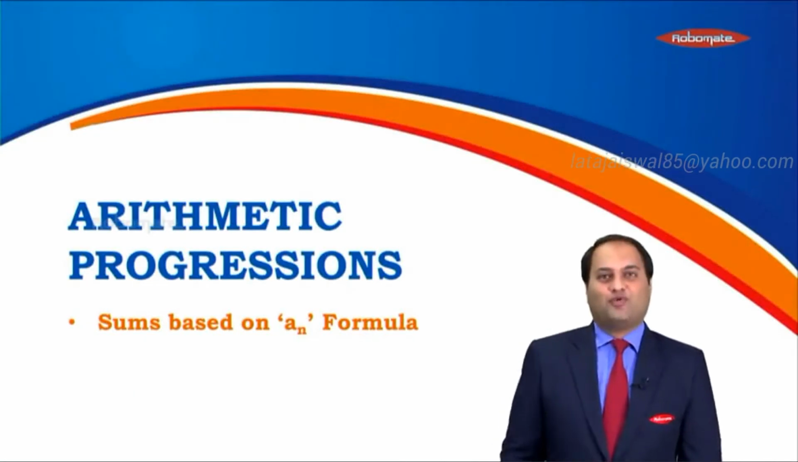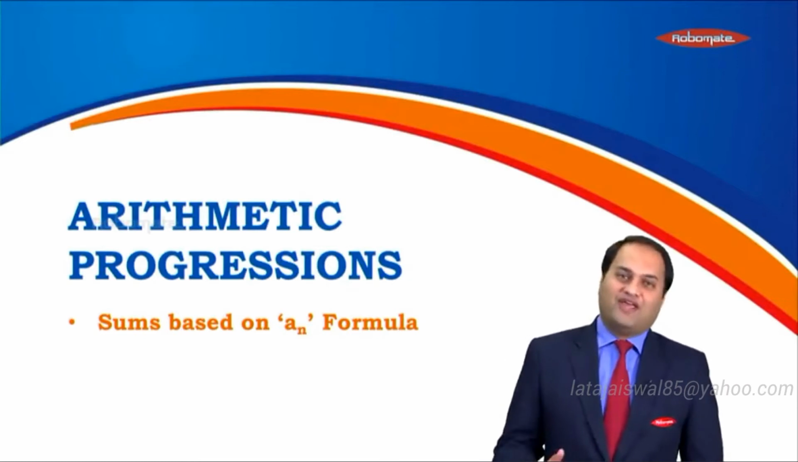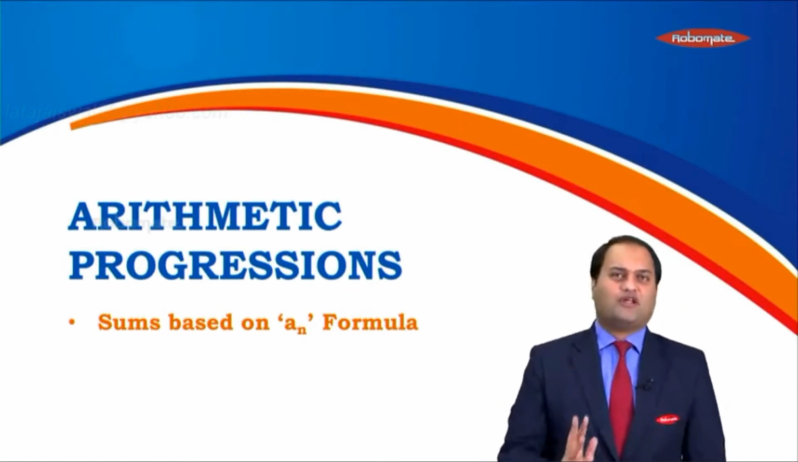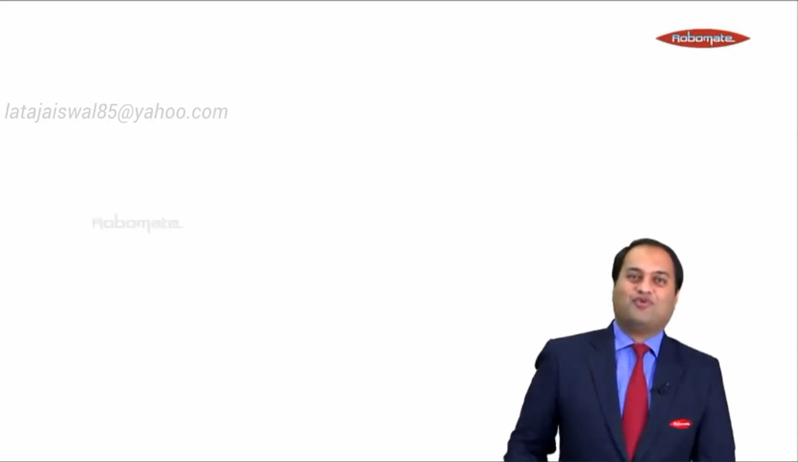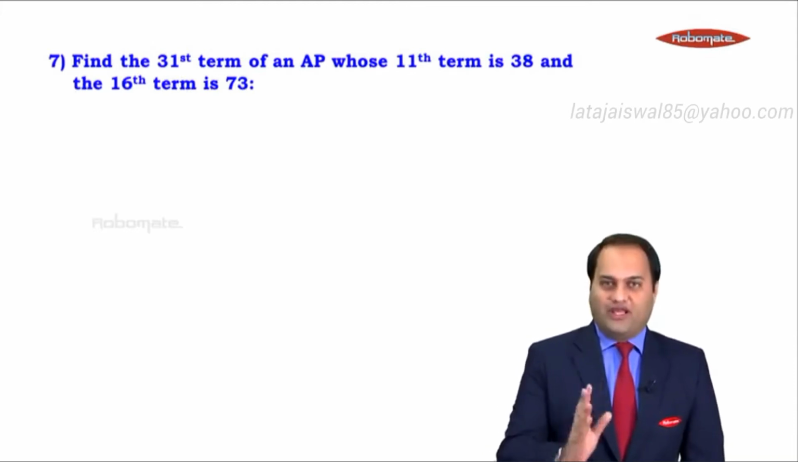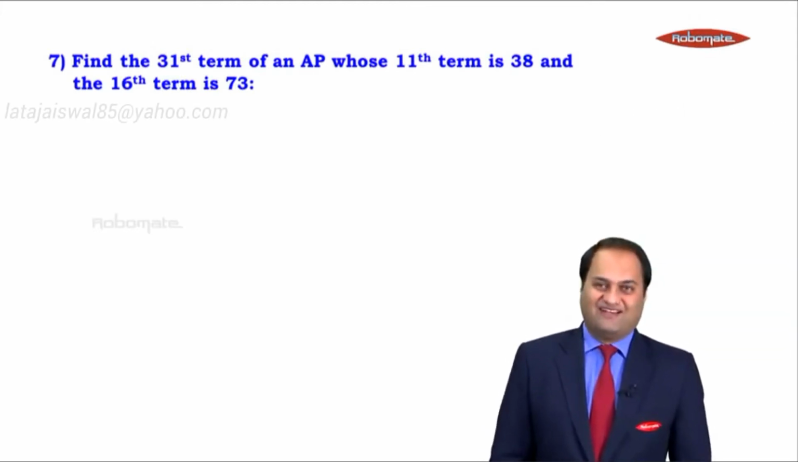Let's go to the next module of this chapter. Few more sums based on the same An formula. The concepts remain the same, just that they have twisted the question a bit, right? Let's move on. The sum is, find the 31st term of an AP whose 11th term is 38 and the